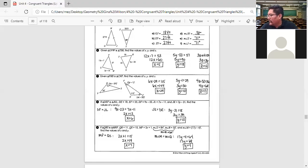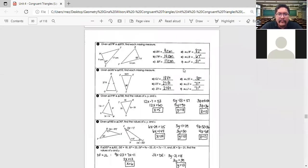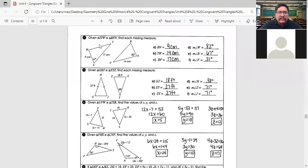All right, I'm gonna go ahead and go back up and we'll go over this. And then if you haven't got it, that's okay. We'll go over it now. So let's see, given triangle STW. So again, make sure you trace it,